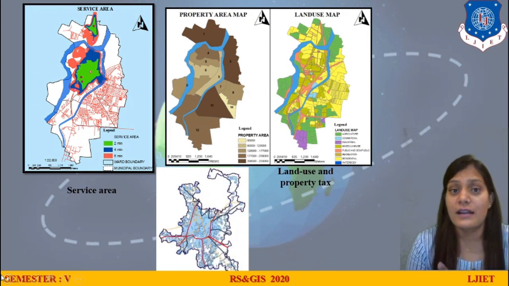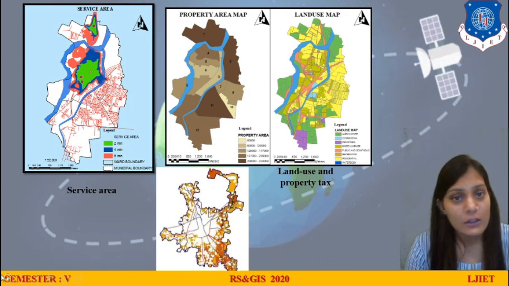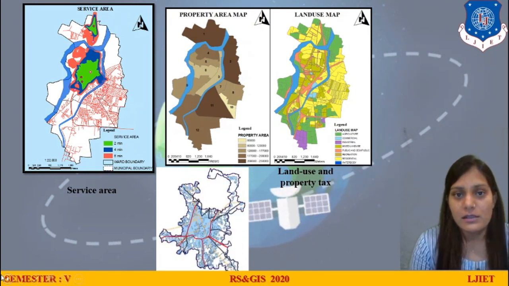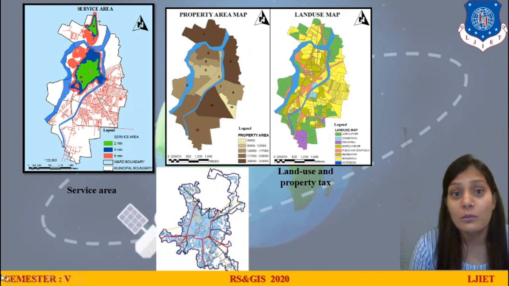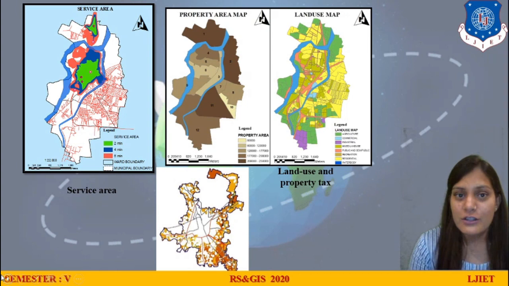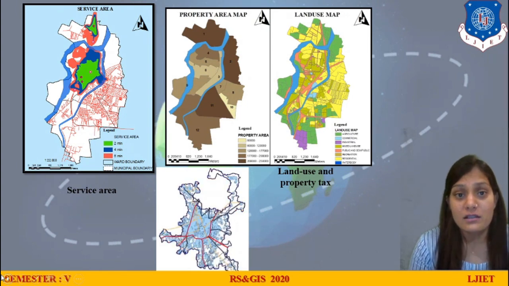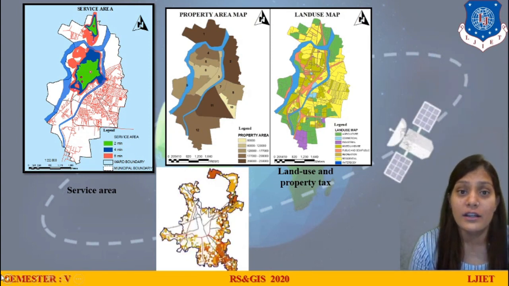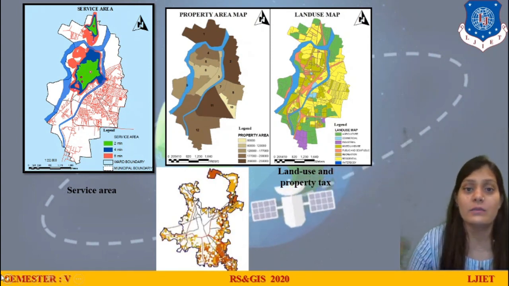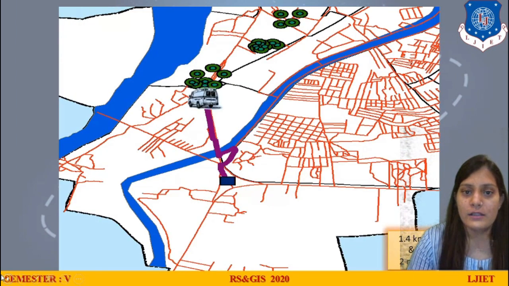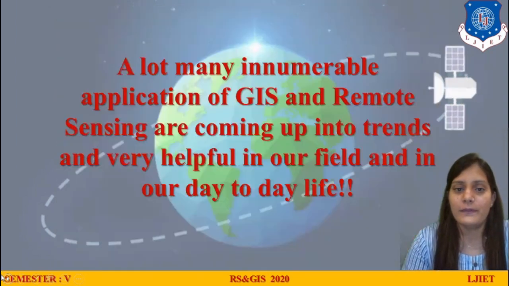I have shown at the start how the GIS interface looks. So we have to first of all go through the applications, and you need to find even more and more applications available in our day-to-day life. So many of the applications are in civil only right now, which we have discussed. Most of the applications are related to our civil field only. Various applications are in the civil field only. Thank you for your attention.